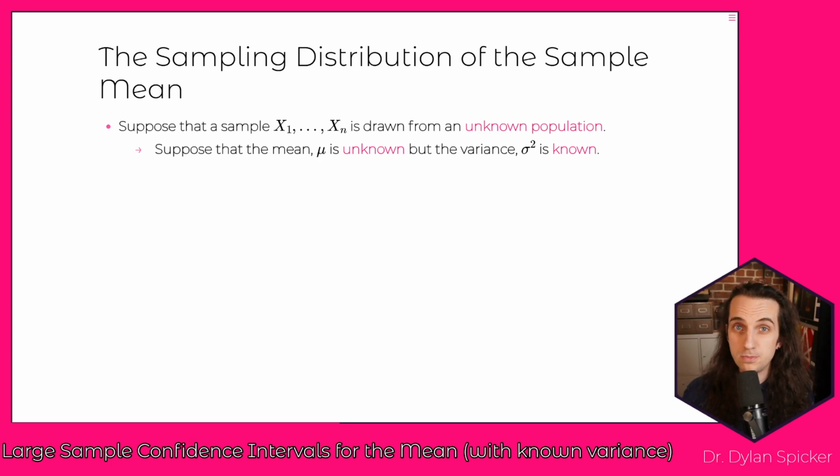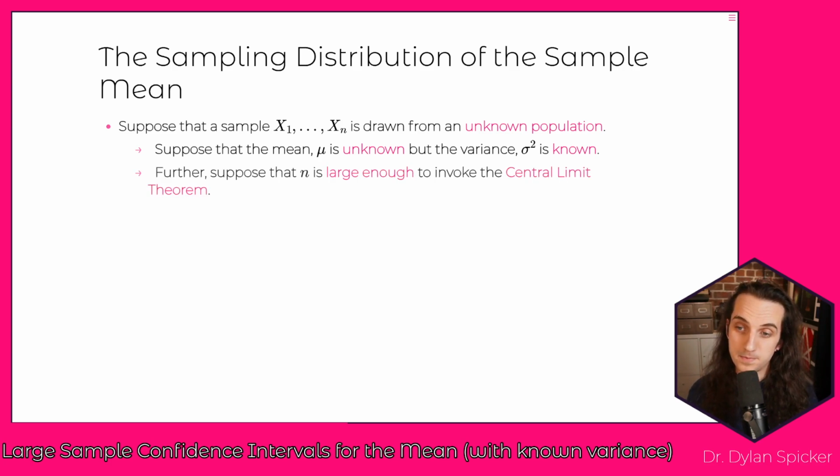We're also going to assume that the mean is mu and the variance is sigma squared, but that we don't know what the mean is, right? We want to end up forming a confidence interval for the mean, and so we don't know the value of the mean. Instead, we'll just assume that the variance is known, right? It's a non-normal distribution, but we still know what the variance in the population is. Now, this might not be a super realistic assumption in all settings. However, if we do know what the variance is, then we can proceed directly from the central limit theorem here.